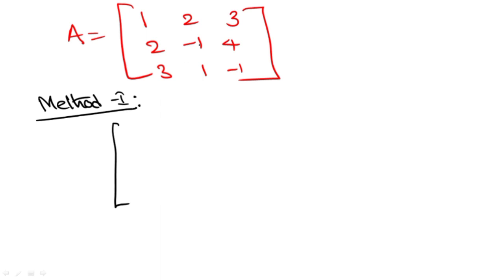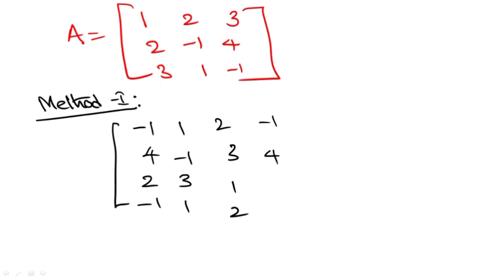So method 1. I have to form a matrix starting with the second row, middle element minus 1 4 2 minus 1. In the third row 1 minus 1 3 1. First row 2 3 1 2. Again repeat the second row minus 1 4 2 minus 1. Therefore the adjoint of A,